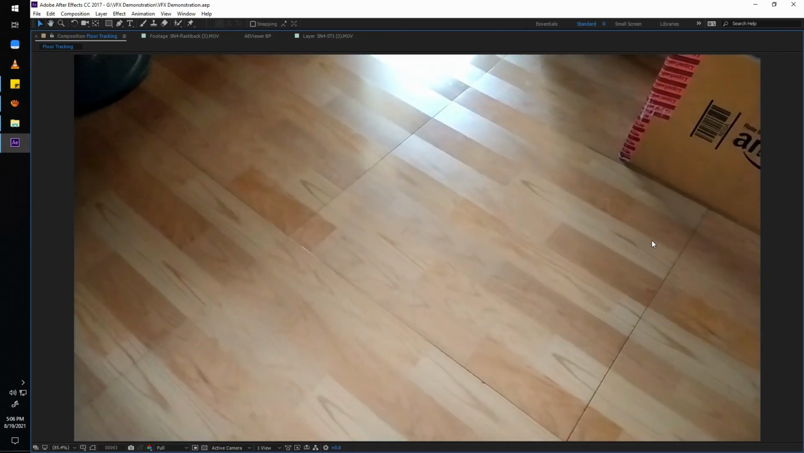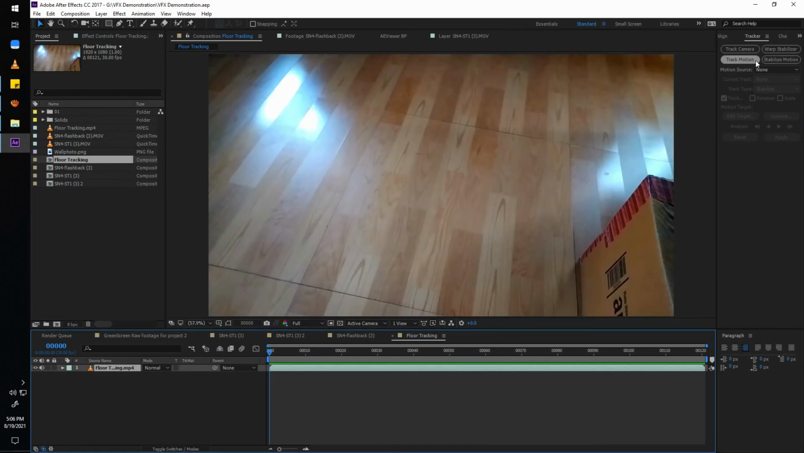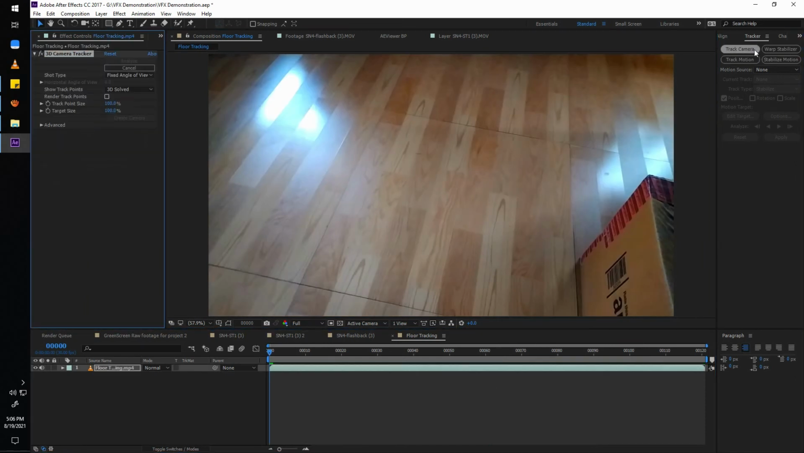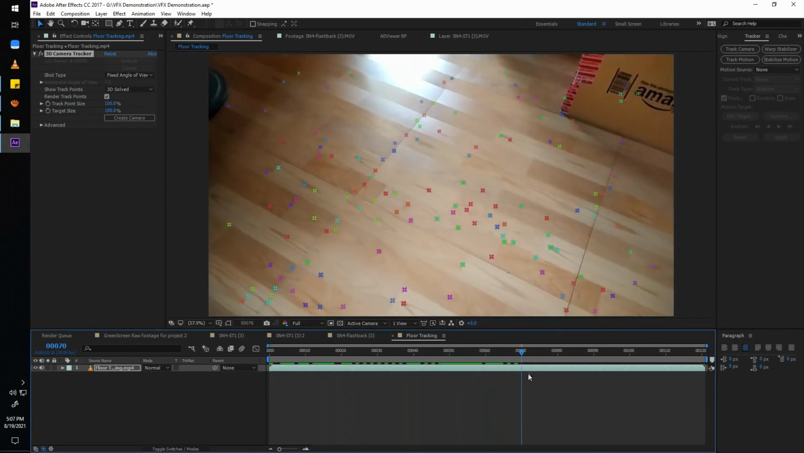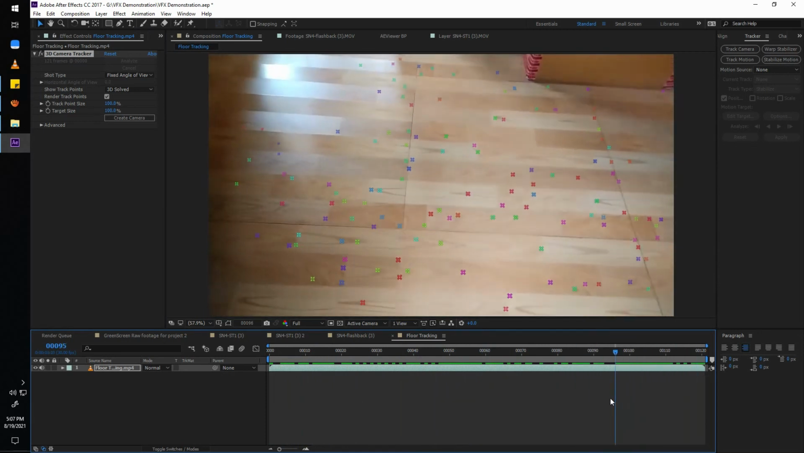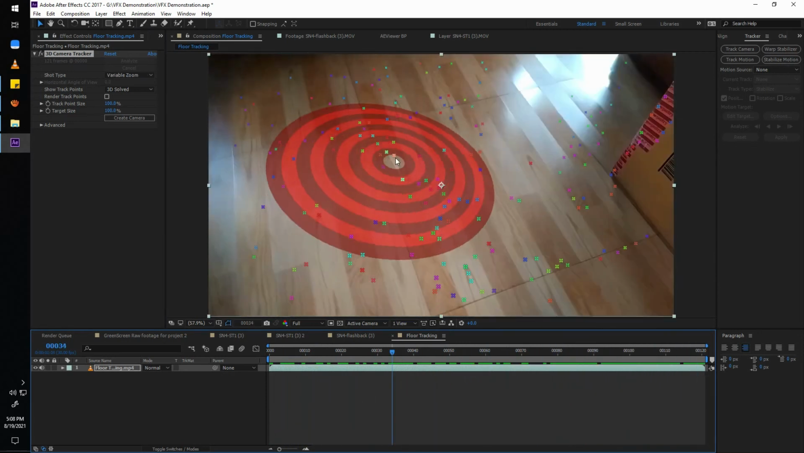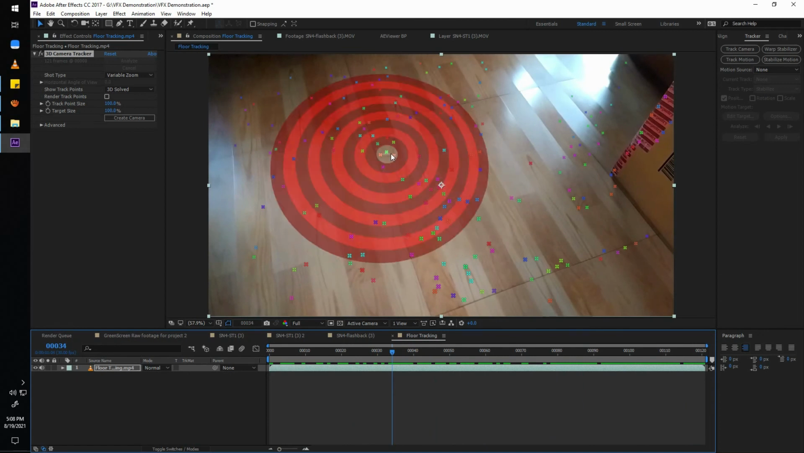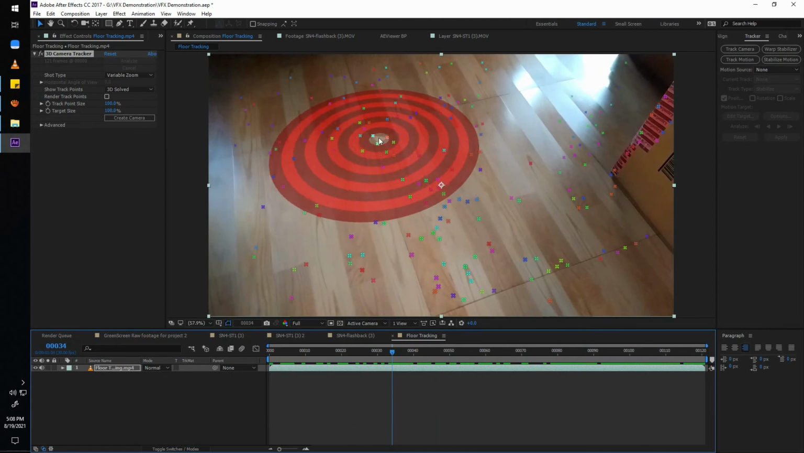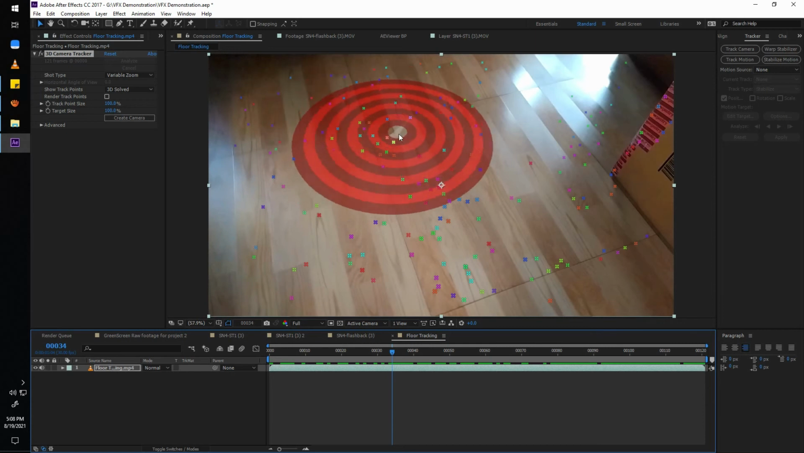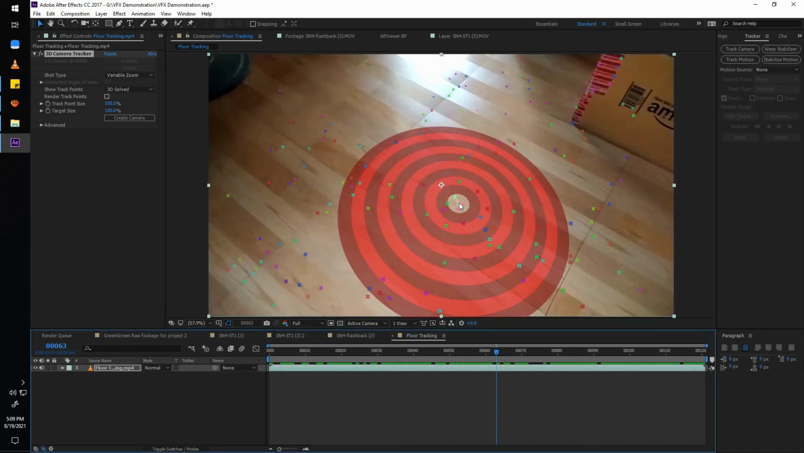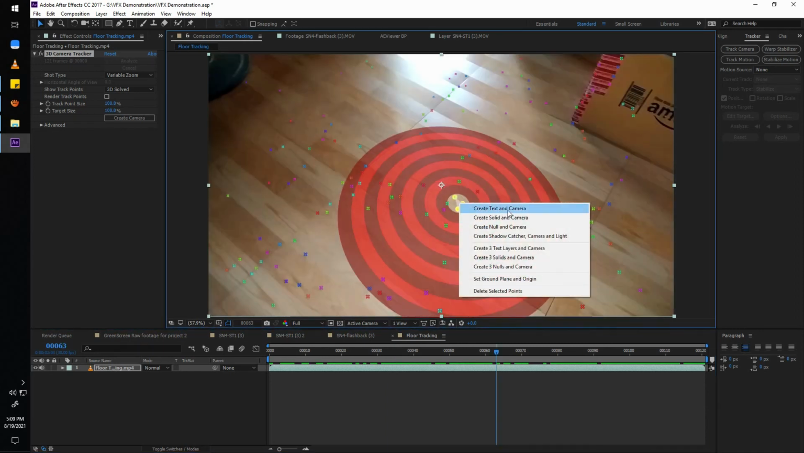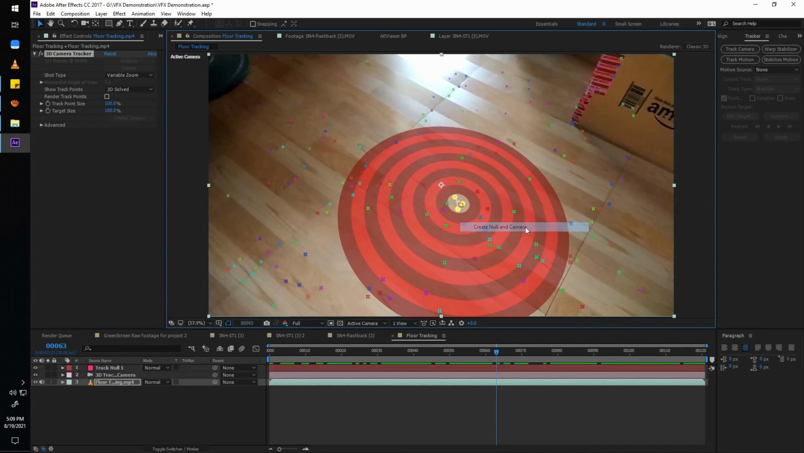So this time we are going to use this option called camera tracking, and if you do that, After Effects automatically tracks the entire footage and creates all these three-dimensional tracking points for us. Now what we have to do is find a connection of three tracking points which can actually represent the three-dimensional grid plane of the floor. Now once we have found that, we can simply create a null object and a 3D camera,